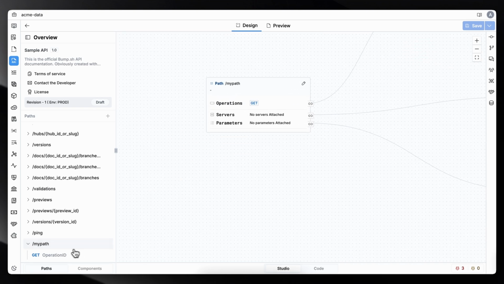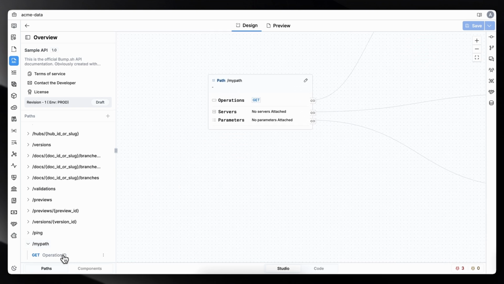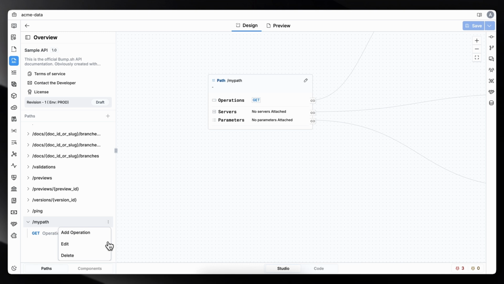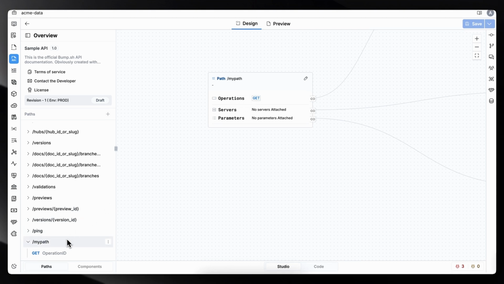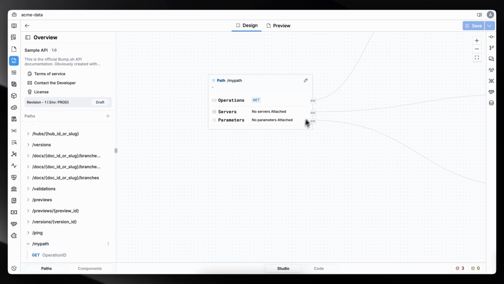So this is for the demo purpose. I have added few operations. Like this, you can just go ahead and quickly add multiple operations within a path. So as soon as you add it, you can see that my path has got the one operation. This is a quicker way to add. Once you add it, you can move over in this main canvas to add more details into the path and